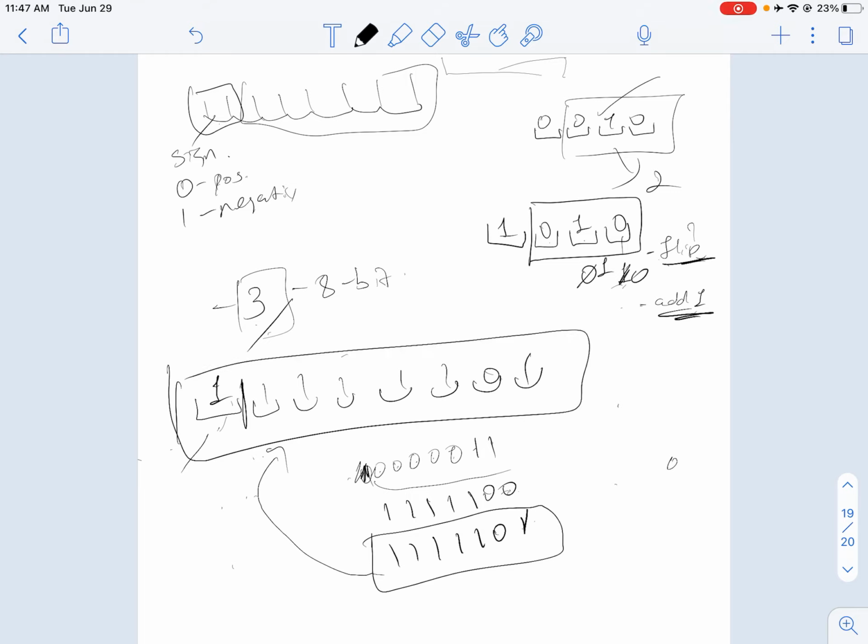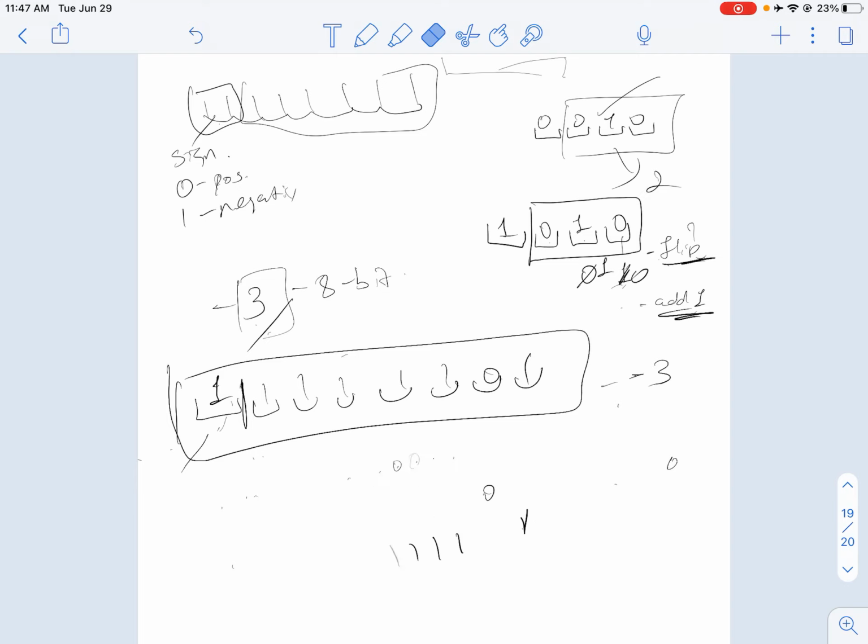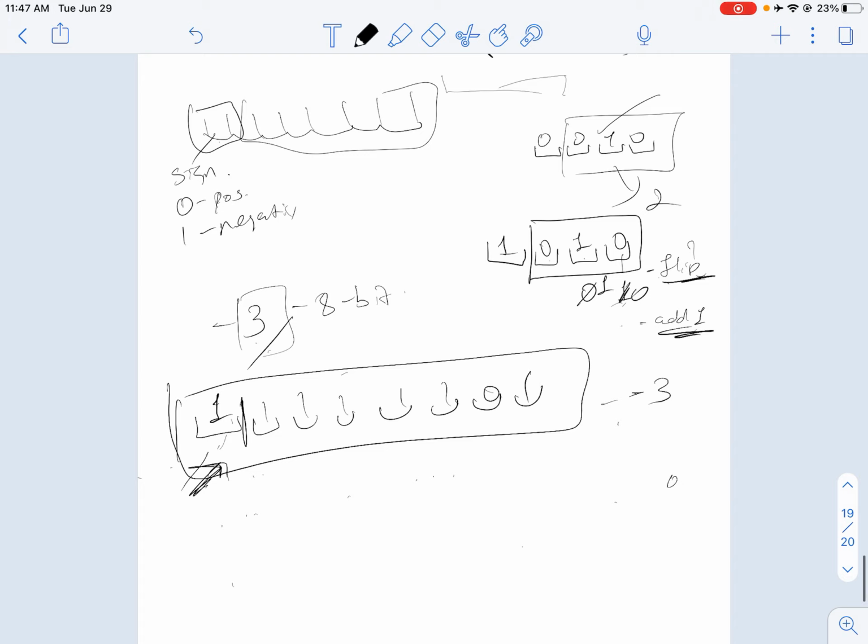This is the 2's complement representation of the number -3. When I change it back, it's the same thing. So let's say somebody gave me a 2's complement representation of a number, right? Now all you have is the bits in the middle, and then you're told, okay, tell me what number this